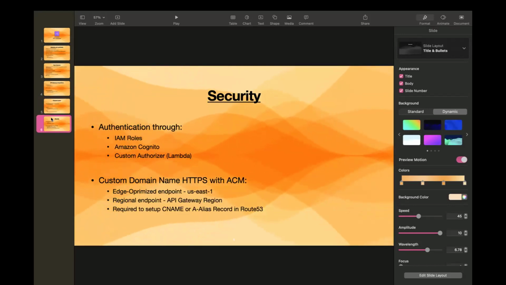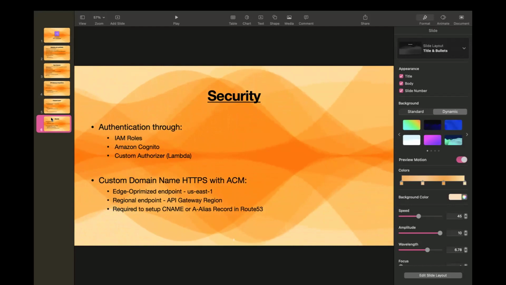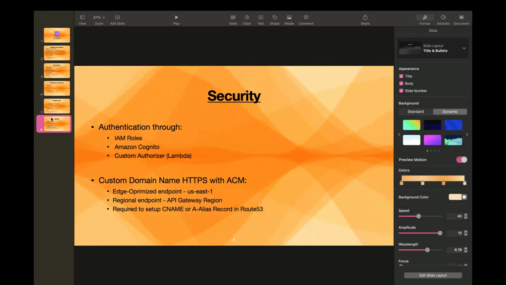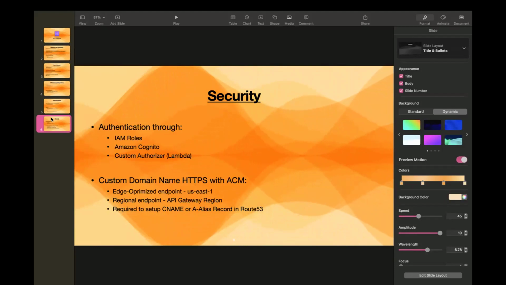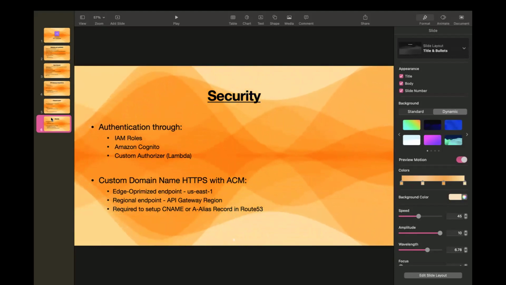Finally, for security, there's authentication through IAM roles, where if you have applications running on AWS, your API Gateway can attach the roles to your applications so they can perform some functionality on your other AWS resources. And if you have an identity provider, IDP, you can use Amazon Cognito for your authentication on API Gateway. If you don't, you can use a custom authorizer where you use Lambda to set your own logic about how you want your application to